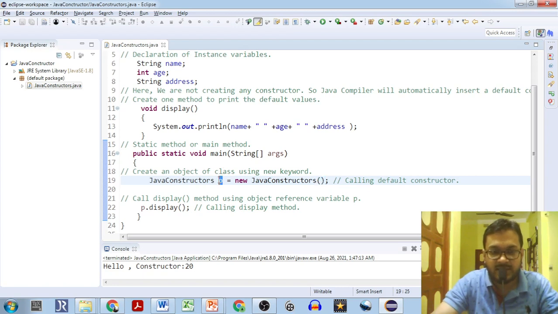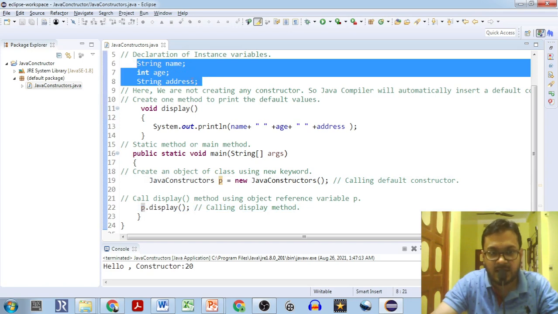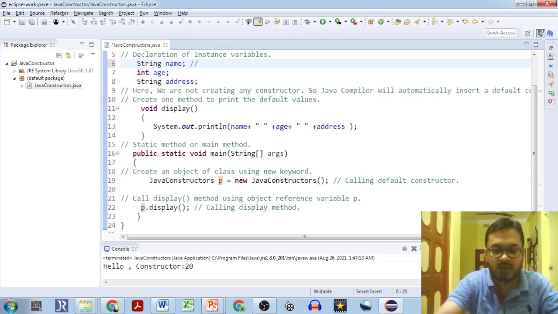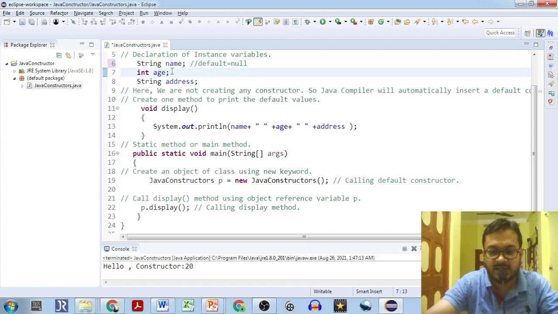So by using this particular object, if you call the display method, then what will happen? The default values of name, address, and age will be displayed. For string, the default value, as I discussed just before, is null. What is the default value for integer? For all numeric values, the default value is 0.